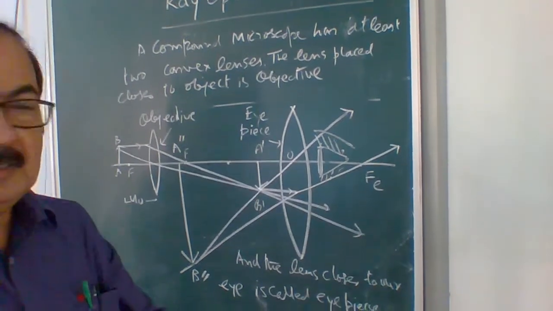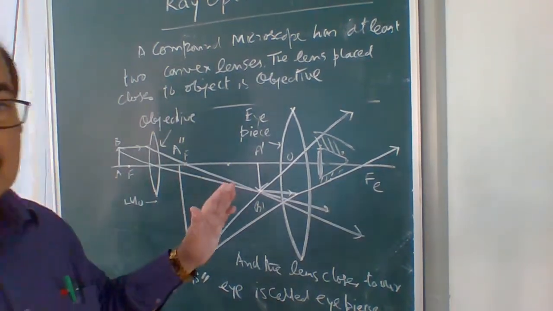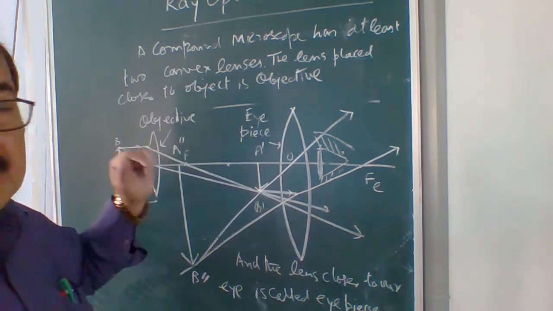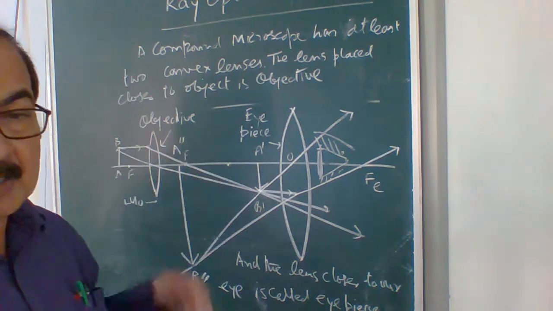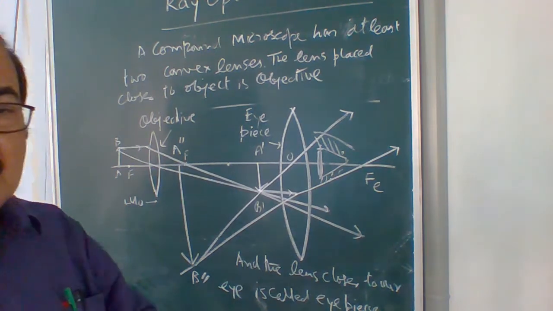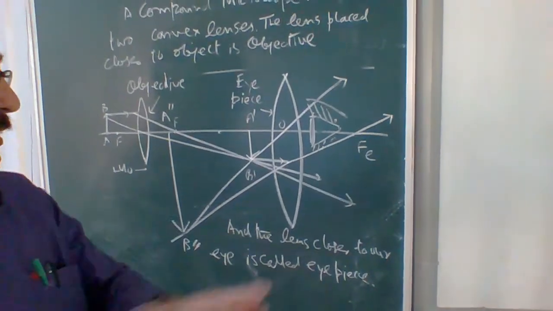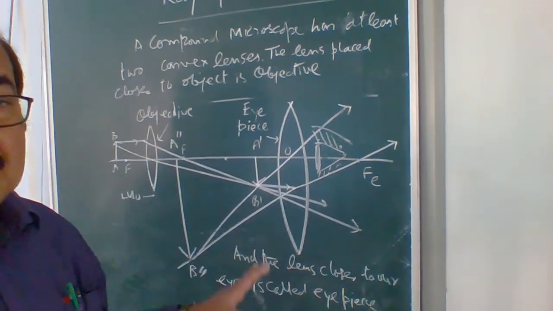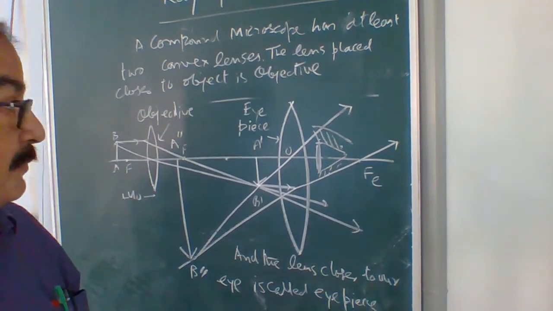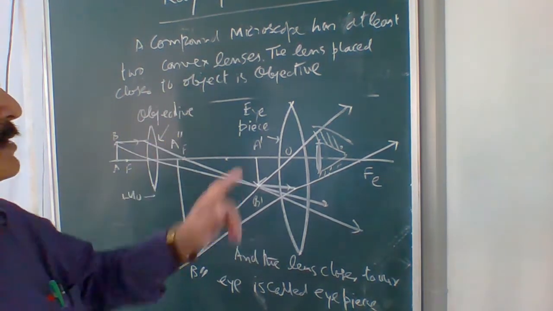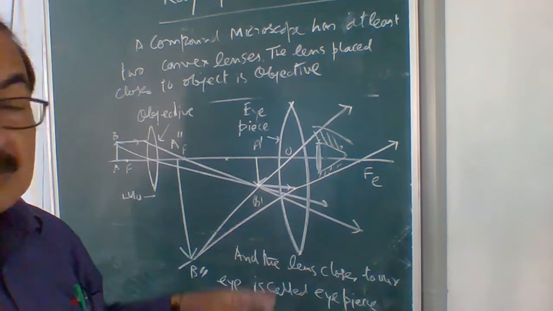Okay, because we cannot remove the diagram altogether, and there is a lack of space, we have used both the things. I am again repeating, when you have to write or describe, you do not write them separately like this, but you can write all the descriptive part together and the diagram separately. Okay, I am repeating, a compound microscope has at least two convex lenses. इसमें ज़्यादा भी हो सकते हैं, but यहाँ पे दो ही हैं.